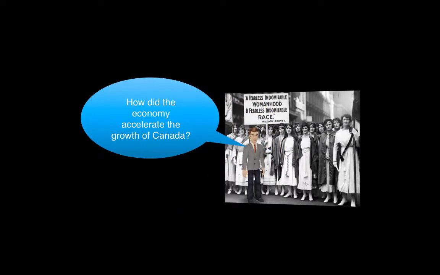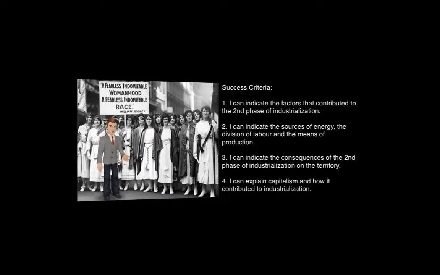Thanks for watching video 23 of the Flipped History series about the second phase of industrialization. Hopefully you've met the essential question by the end of this video: how did the economy accelerate the growth of Canada? And you are able to meet the 4 success criteria. I can indicate the factors that contributed to the second phase of industrialization. I can indicate the source of energy, the division of labor, and the means of production. I can indicate the consequences of the second phase of industrialization on the territory, and I can explain capitalism and how it contributed to